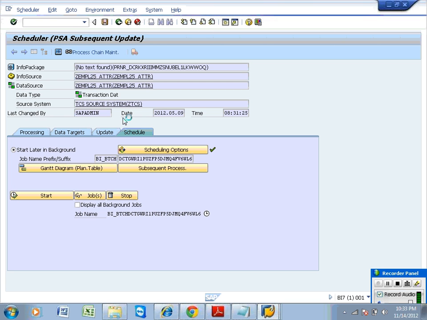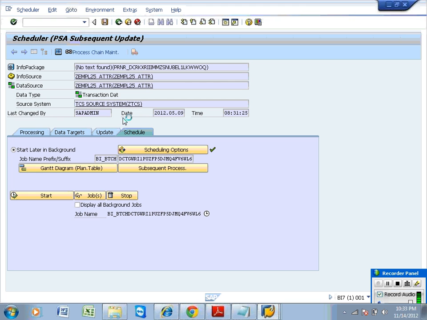Third option is go to RSA1 or other modeling. Select PSA and search for your info source and expand it. Then you can find PSA, expand PSA and then you can find the request. Okay, you need to right click on this request and click on update manually.